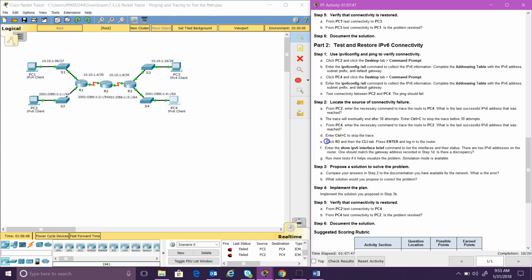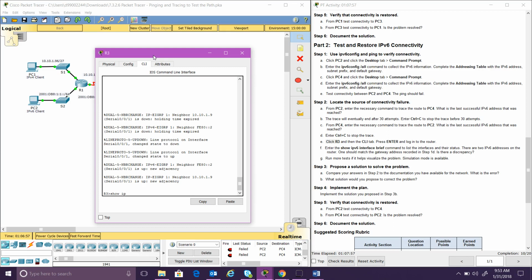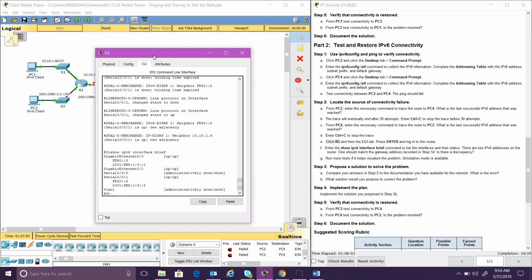And now they want us to go to R3. And from the CLI, do a show ipv6 interface brief. So you see how the IPv6 works with certain commands. You have to enter the IPv6 to get the IPv6 information. If you just enter show ip interface brief, you get the IPv4 interface brief. Here we issued ipv6 interface brief, and we see the IPv6